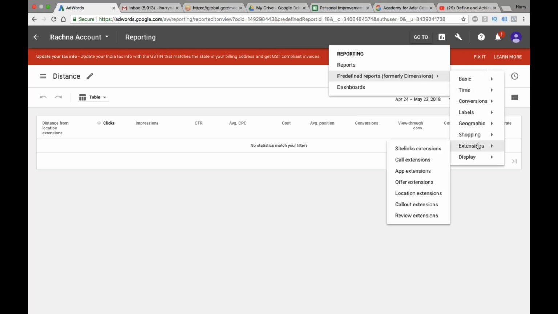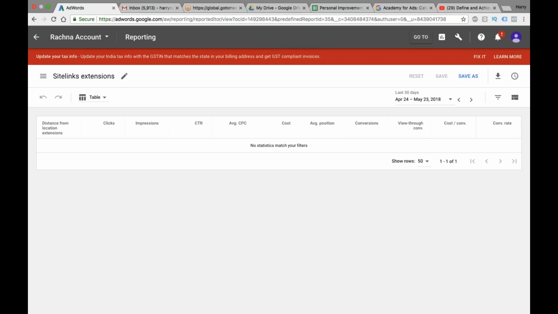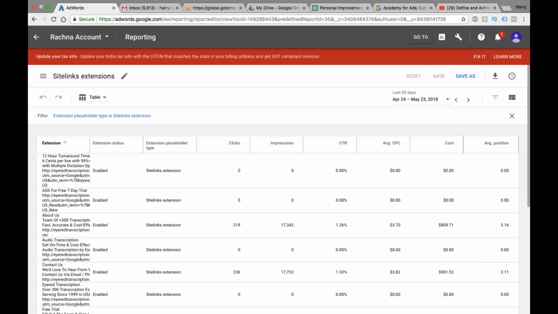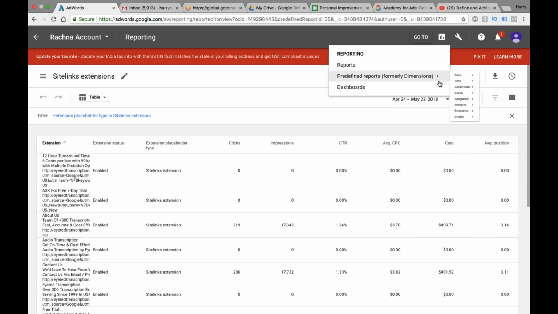After that, we have something called the extension report. So all the extensions that you might be using, it will show you a report about all of those extensions. So in case you are using a sitelink extension, it will show you the sitelink extension report. In case you are using